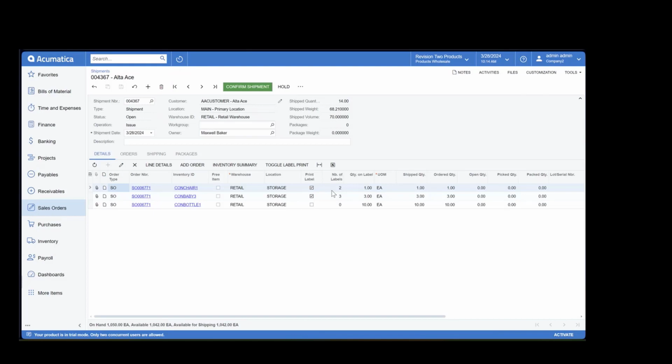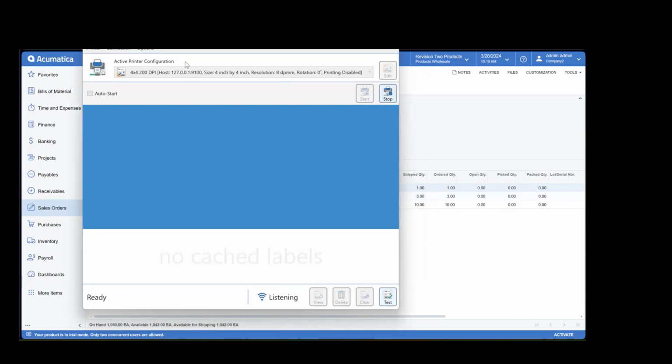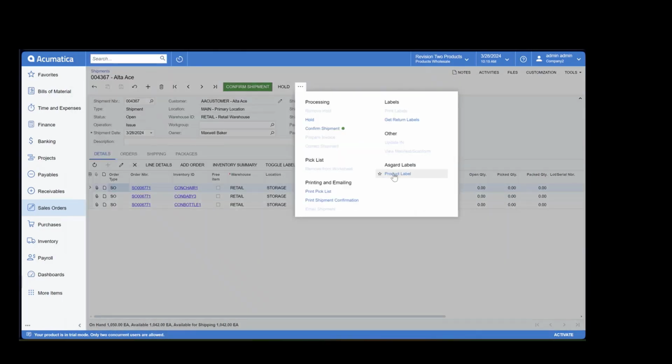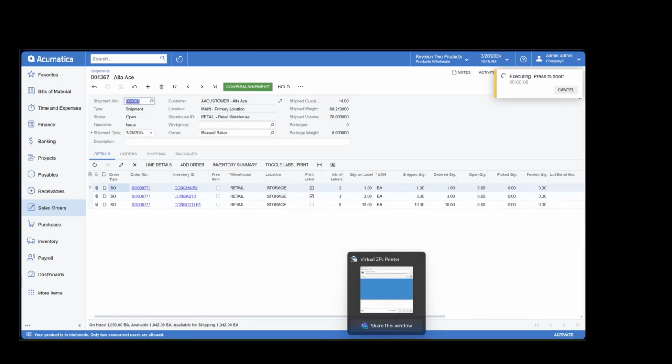Once we specify this, we could print, for example, this chair 1. It would only print 2 labels from this specific inventory, and maybe three labels for this one. And for the bottle, since we didn't select the checkbox, it wouldn't print a label for that one. Once everything is ready, the user will just have to click the print button. To emulate the printing process, I have installed a virtual printer on my PC. Once we click this print button, all of the information that is mapped on our label will be sent to our printer, and the printer will print the label and show the data of our label.